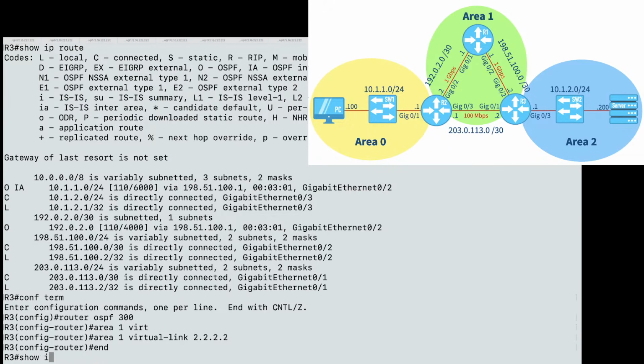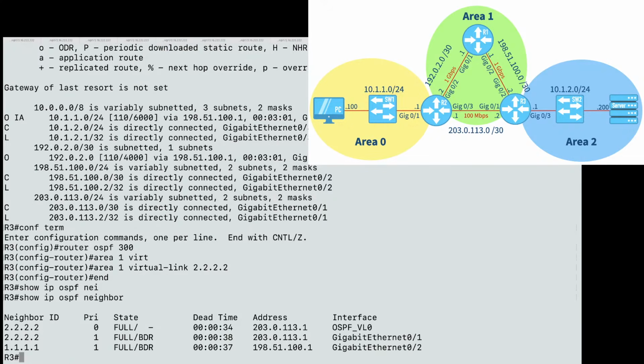Let's do a show IP OSPF neighbor. And you'll notice I have 2 neighborships now. I've got a couple of neighborships with R2. One is via my physical interface of gig 0/1, and the other one is via this virtual link